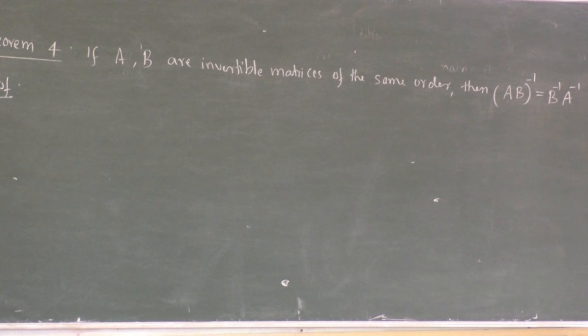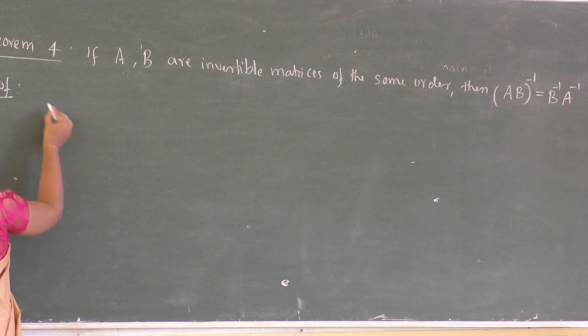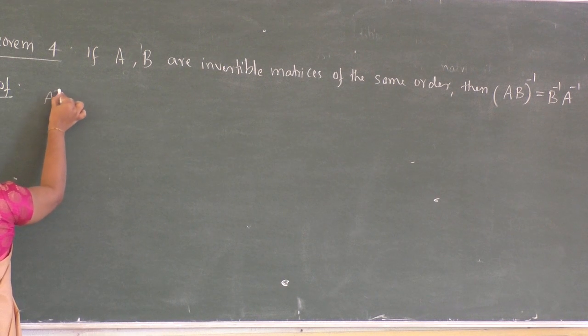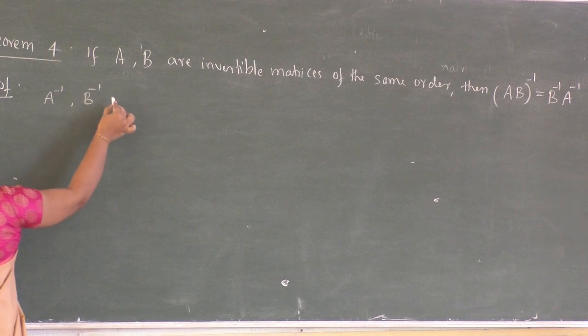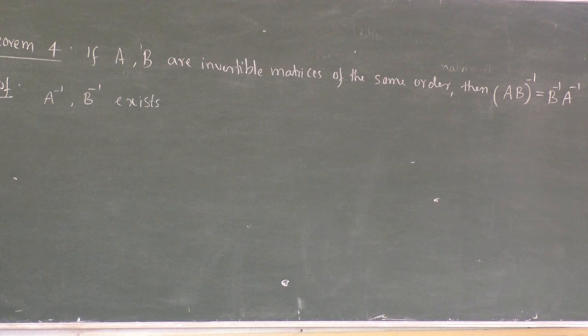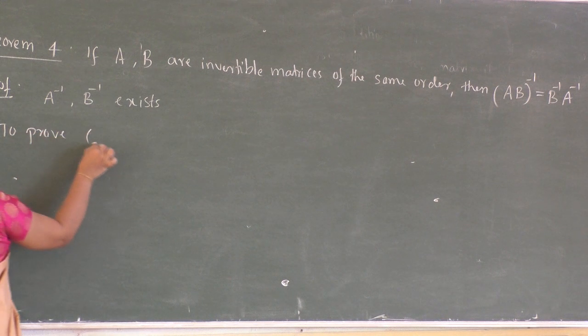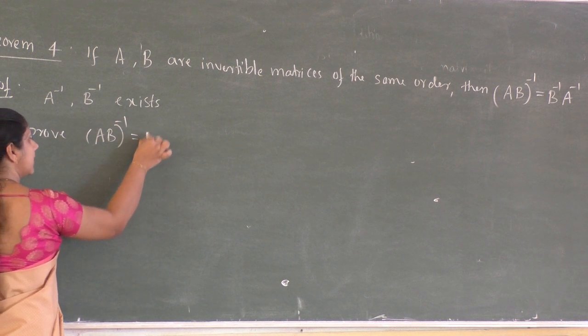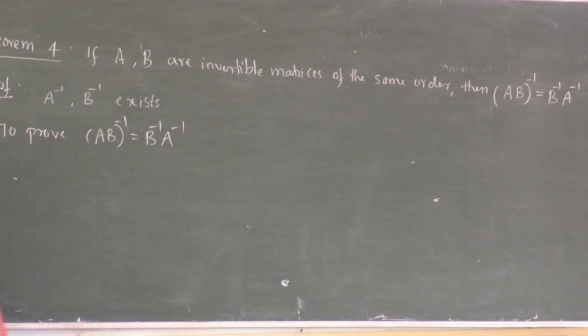Now we will prove this theorem. The given condition is A and B are invertible. If A and B are invertible, then both A inverse and B inverse exist. So this is by the condition. And we have to prove (AB) whole inverse equals B inverse into A inverse. Since this is given to prove, this condition implies the inverse of AB exists. From this we can write